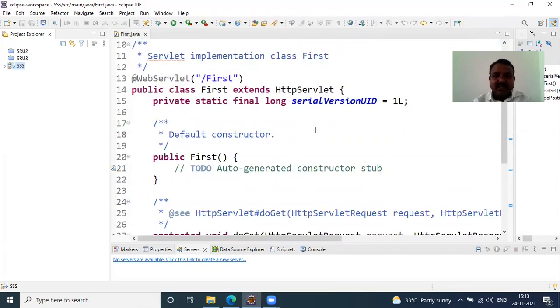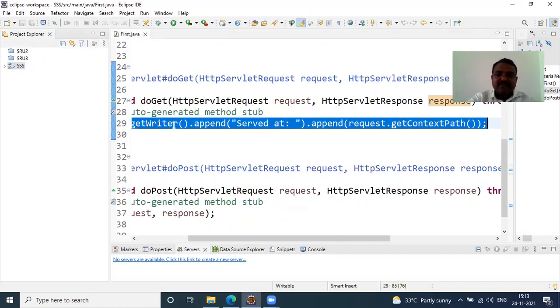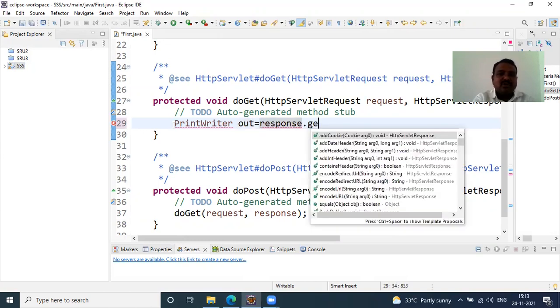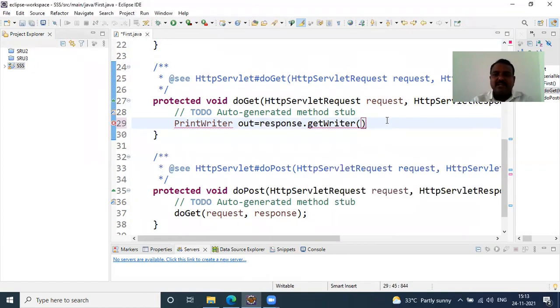Now I go down to where we find the statement response.getWriter. I'll take out that statement, and we'll keep our own statement down here. I have my statement called PrintWriter, and I use a variable called out, and I say response.getWriter, by which we establish the connection by using a stream class.